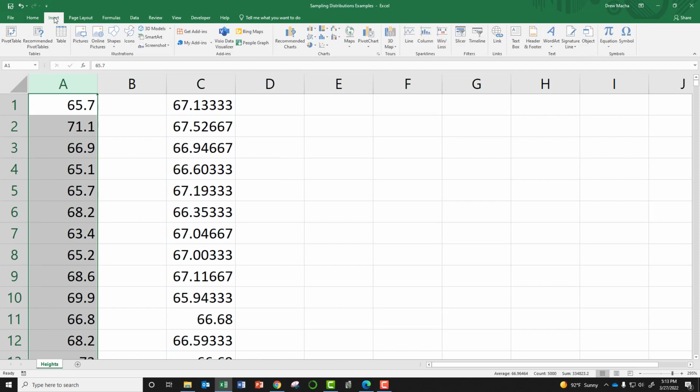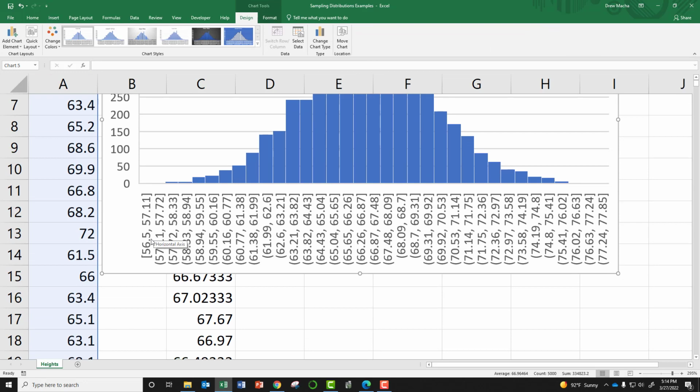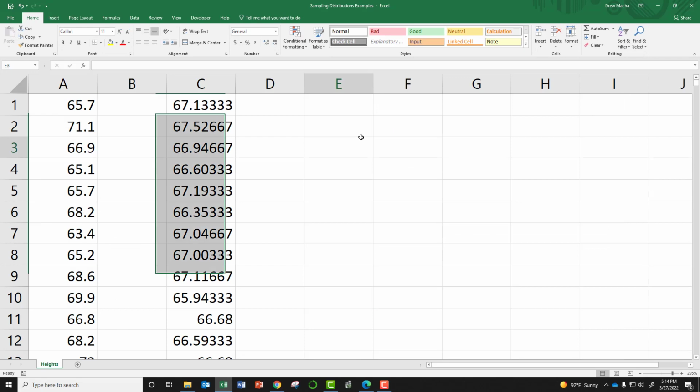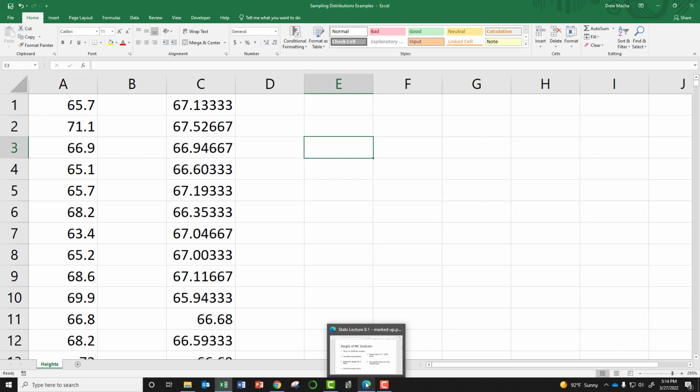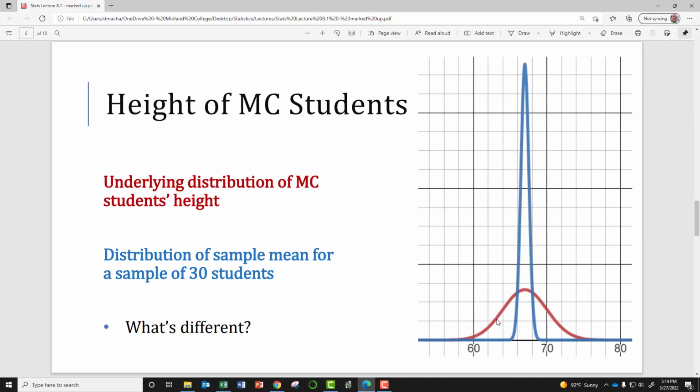Whereas these heights have a histogram where the lowest bucket starts at about 56, and the largest bucket, or the highest value, ends at like 78. And so there's more dispersion in the raw data than there is in the sample means. And what this means for us, I think I have a good visual of what's going on here, is whenever we have the distribution of the sample mean, like this one in blue, the standard deviation is smaller, and